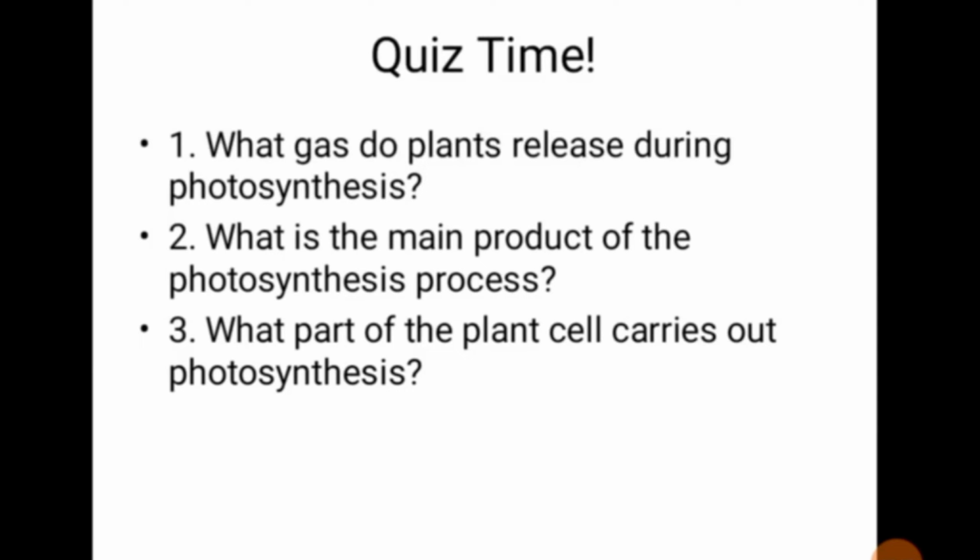If you're being asked such a question in an exam hall, please don't write food. Please just write down glucose. Any examiner would understand and will give you your full mark. So number three,